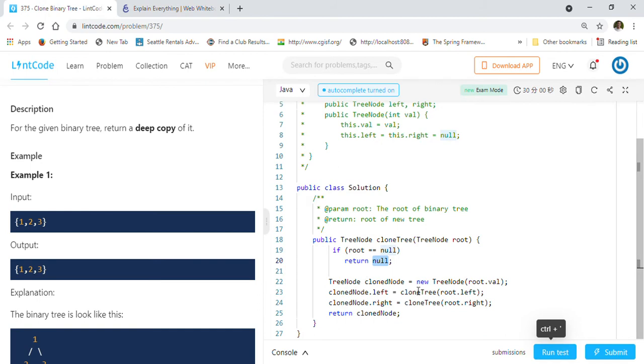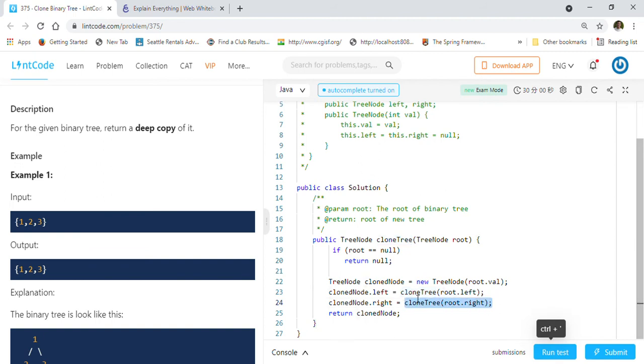Otherwise, we clone the node that is coming in the function, right? We clone that node, and then we call clone tree on the left side of that node and clone tree on the right side of that node.